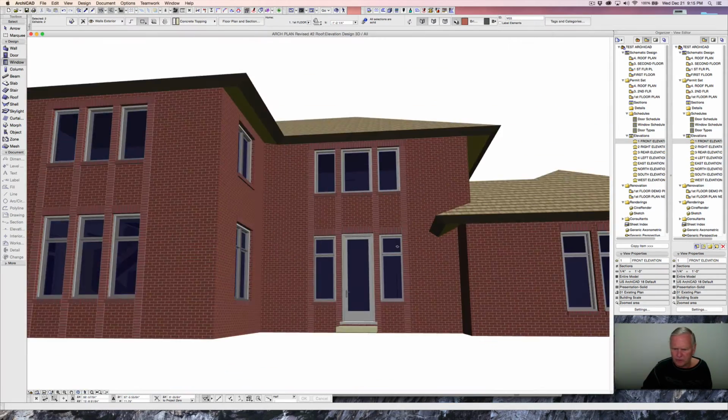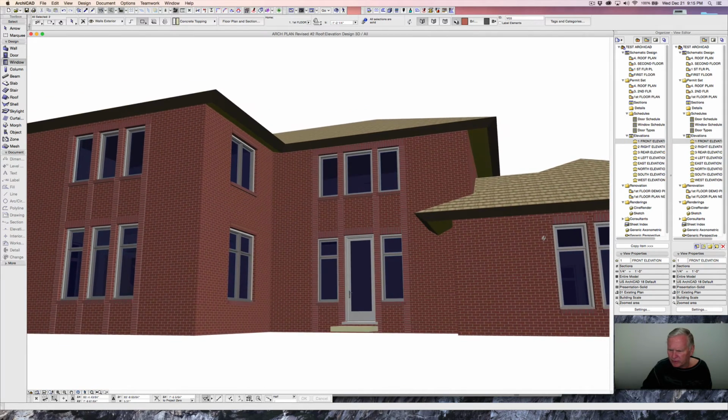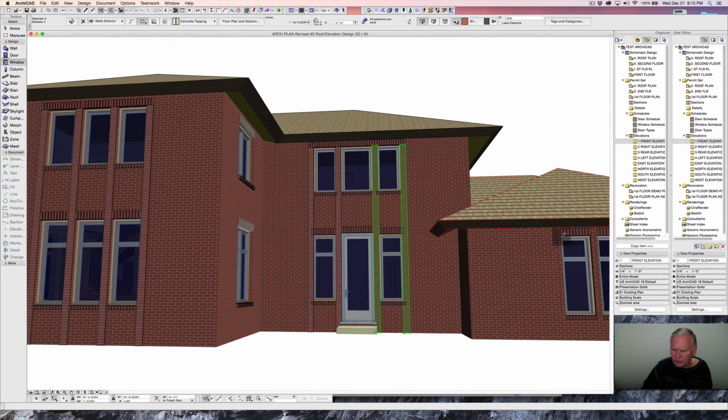These windows over in the garage don't have an overhang problem with their soldier course. So I'm going to suck up their settings and go over here and inject them into these windows and see if I can fix them. Just looking for a hot spot. There we go. And that did that, but